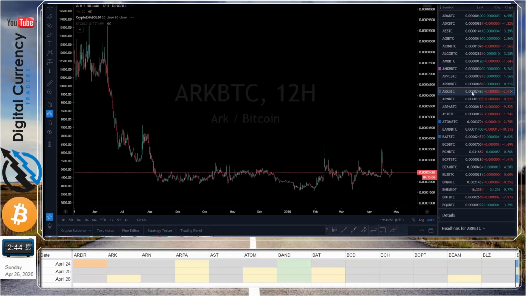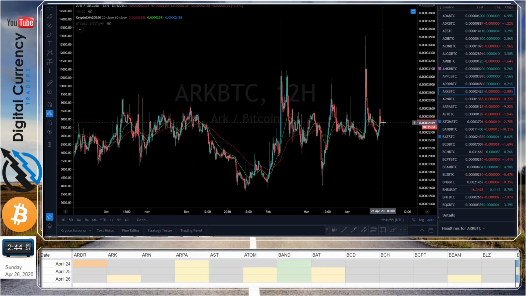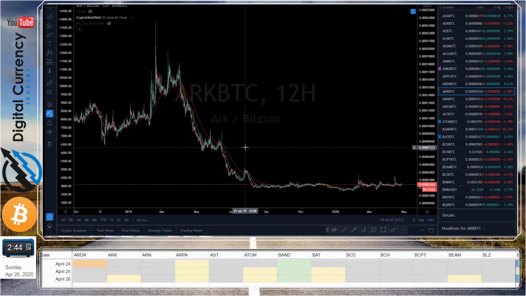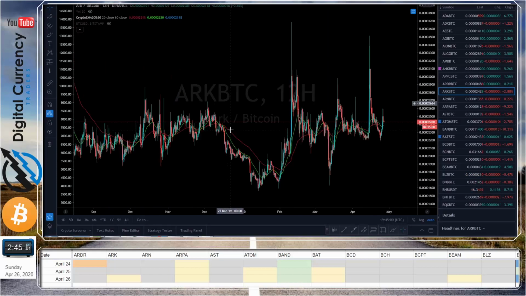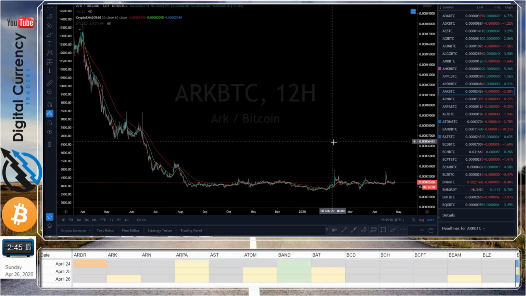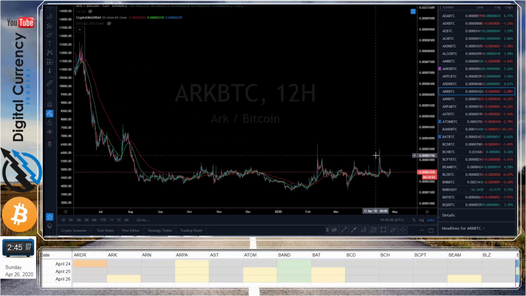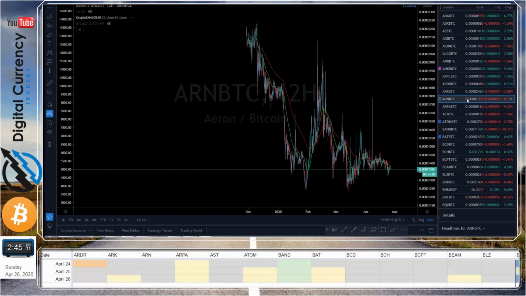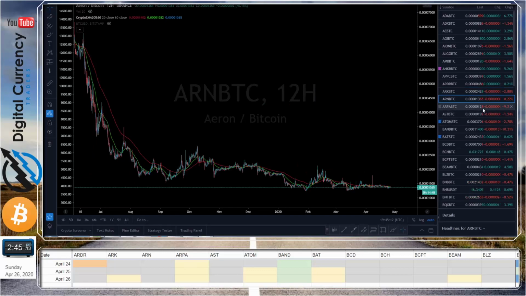Moving on from Ardour to ARK, it has moved up into alert status. It did have some movement last year. It did a little bit of noise here. Looks like accumulation or pump and dump. But as it starts to surge, it's worth a small bit. Everything is, just to try it. Going on to